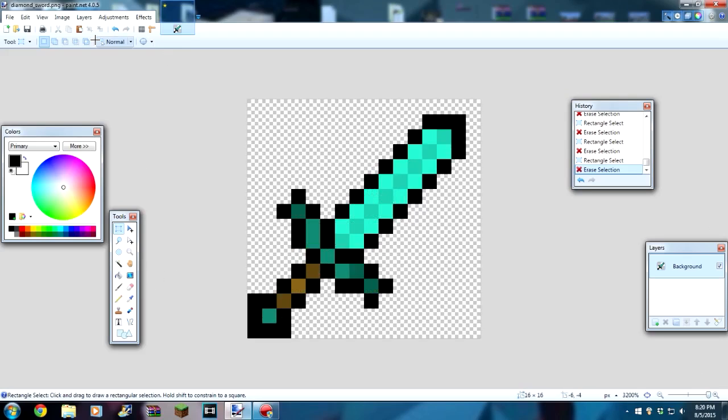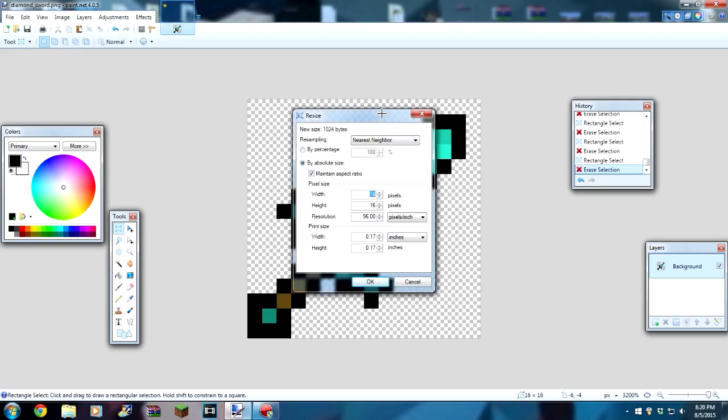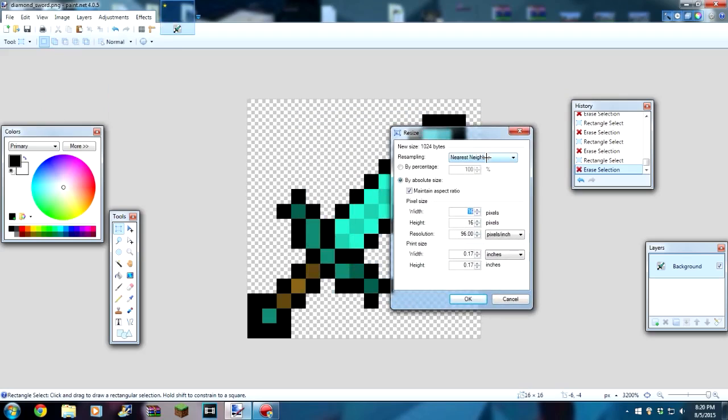And what I'm going to do now is go up here, go to image, resize, and here make sure that this is on nearest neighbor. This is fine. Maintain aspect ratio. That's like making sure, so if I type something in here, let's say just some random number, this won't change. But if I have maintain aspect ratio on and I make this like 16, this is going to be 16. So I'm going to make this sword